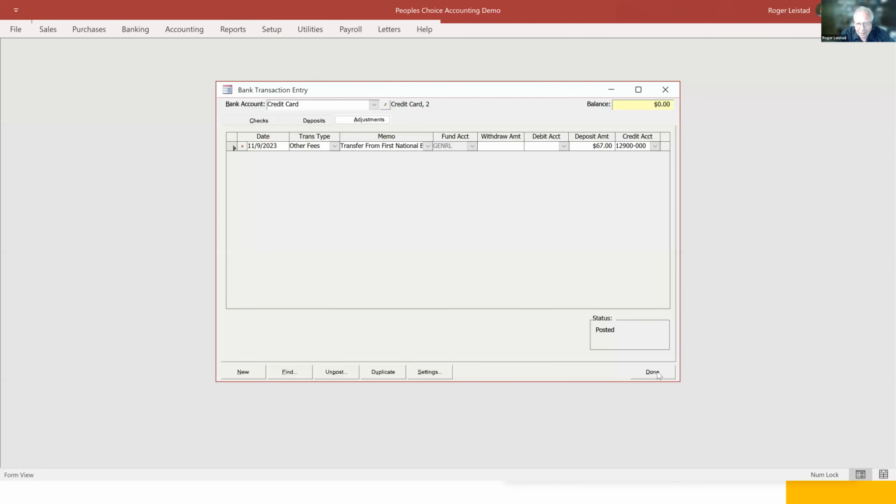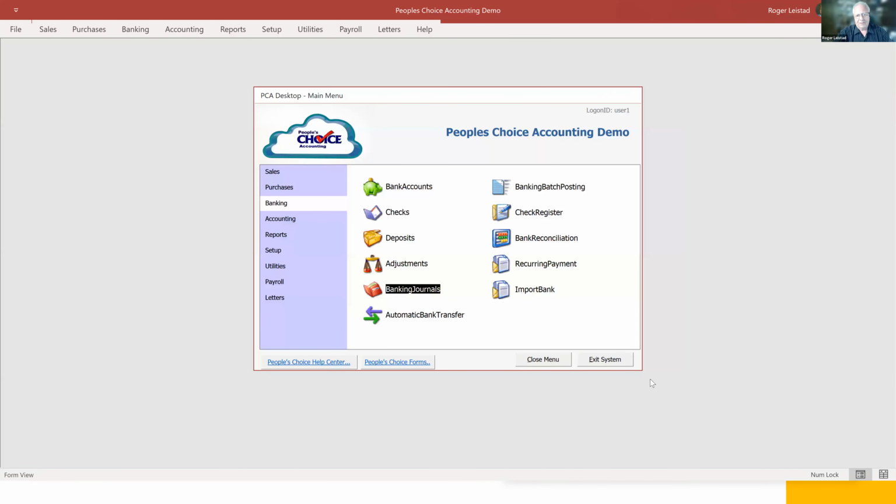So a lot of people are using credit cards, especially since so many of the credit cards now are cash rewards type things. So it pays to actually use your credit card instead of paying by cash or check, in terms of some of those benefits. So that's an idea that some of you might want to use, whether it's for the cash register, for the credit card. And again, even the recurring payments could be used if there's something that's automatically charged to your account,